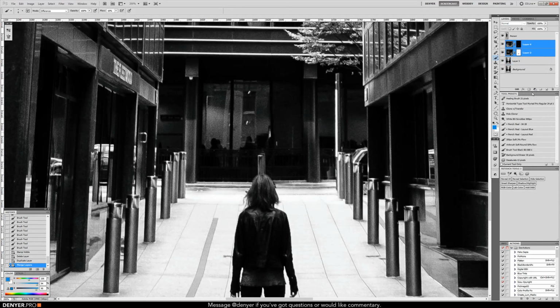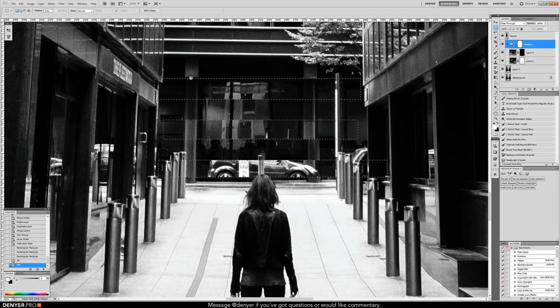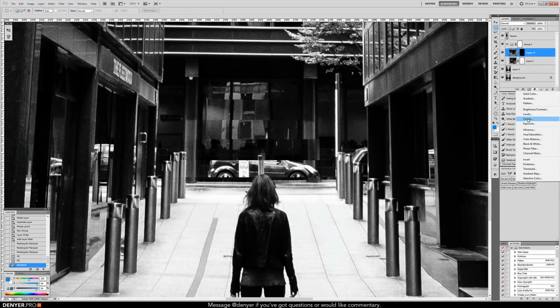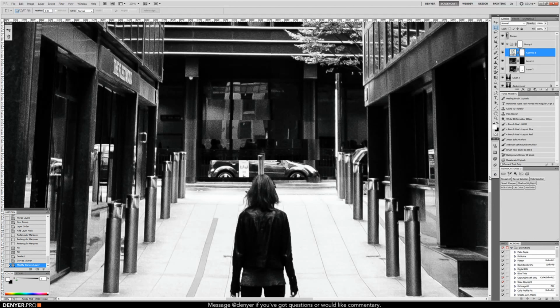Right, toss these into a group, and then what we'll do is we will add a layer mask to the group, and we will chop out a bunch of that image. Okay, and the only reason I'm doing that is so that I can quickly throw in a curves adjustment layer here and just adjust the tone of that image. I actually need that up here, and I need it clipped to the group,